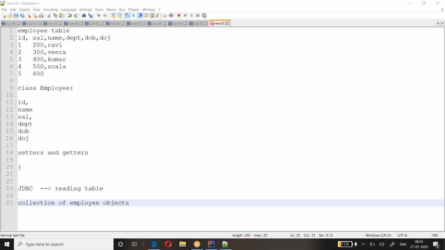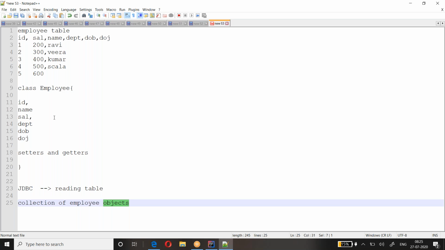That collection of employee objects is nothing but the records. The first record you read is the Ravi record. Second record, Veera object, Kumar object. Like that, you'll get a group of objects. So when you get this group of objects, you need to put them into